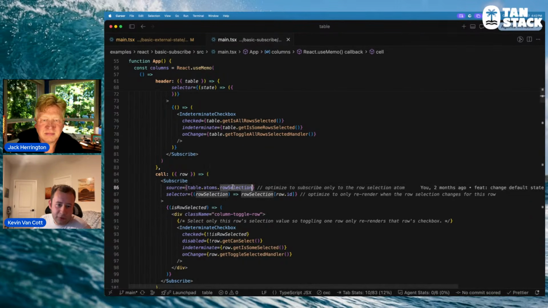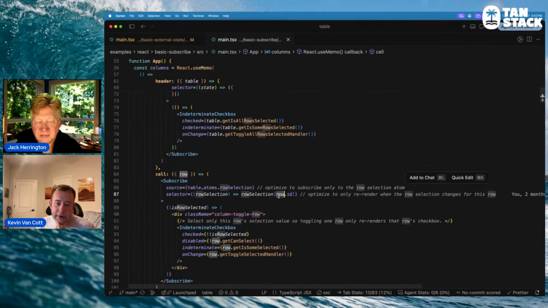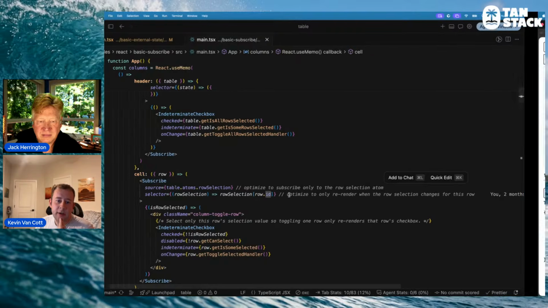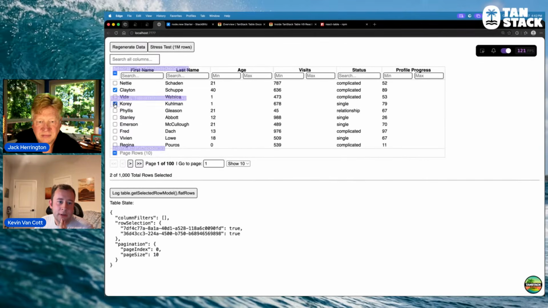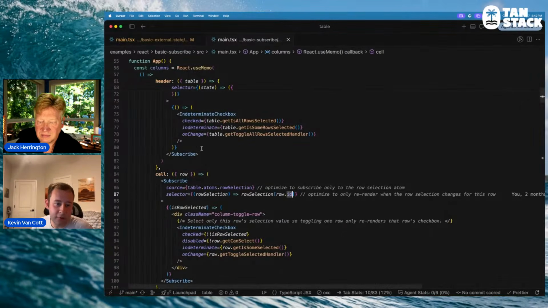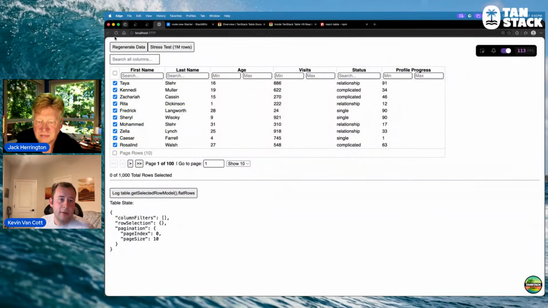Your source is the row selection state, and then an even finer grain selector is we're only going to re-render if it matches the specific row ID that you're on. So that's why you see only the row that's getting clicked, selected and unselected, is re-rendering. Plus some headers here that have their own independent state subscribers and selectors. If I were to get rid of this selector right here, it's still kind of efficient, but you'll see that,